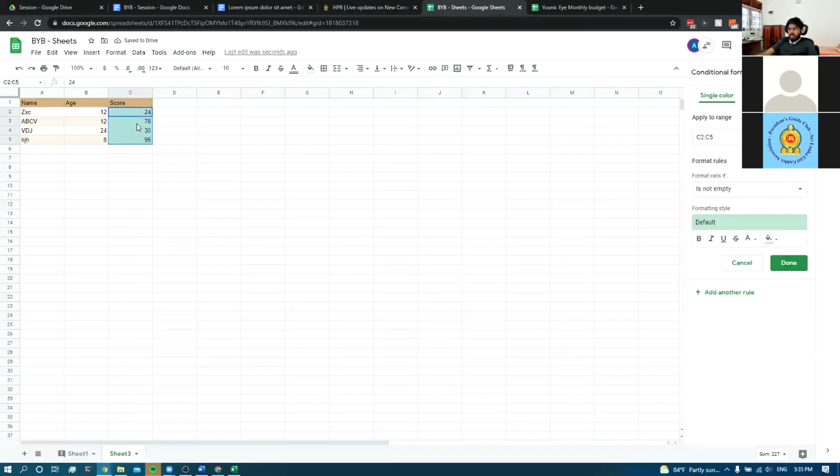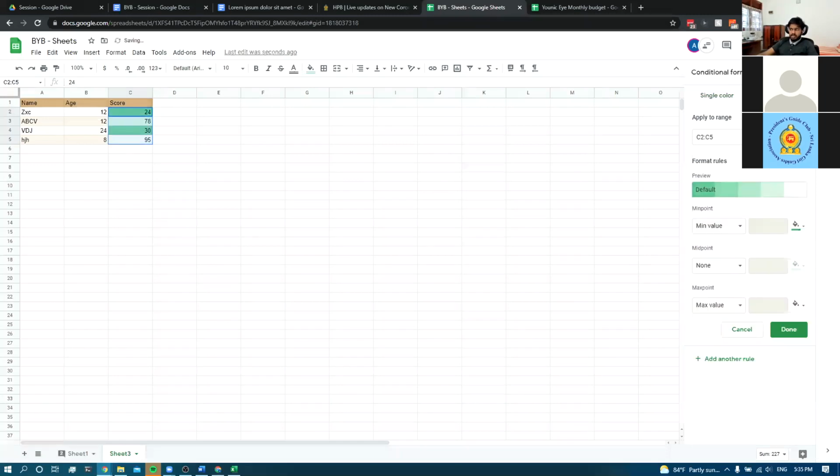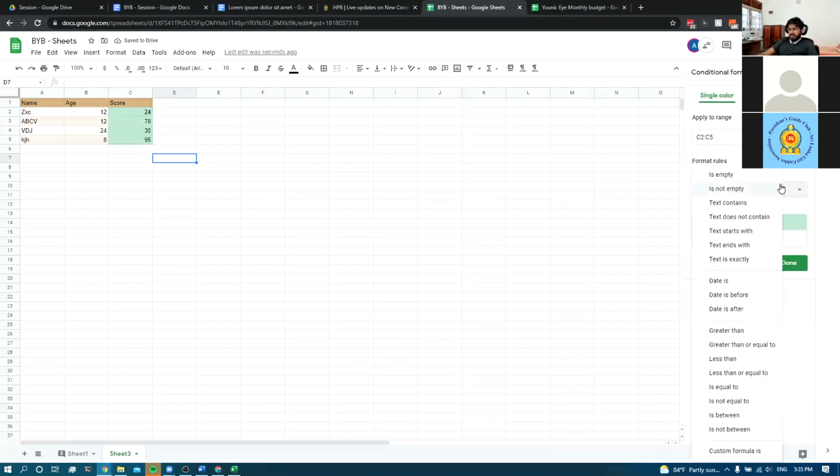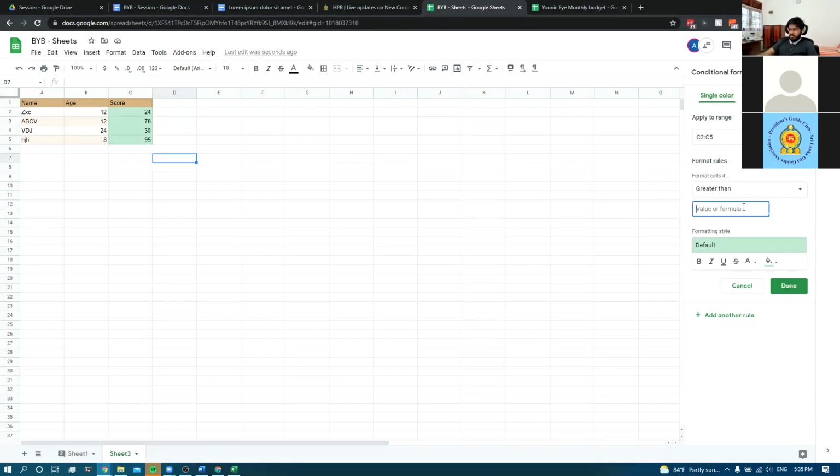And then you can either choose color scale. So based on the value, it will show a different color. Or else what you can do is go to single color, then give a condition like if greater than 35